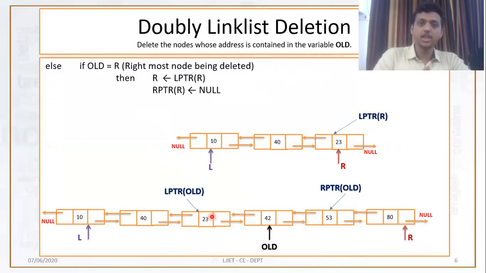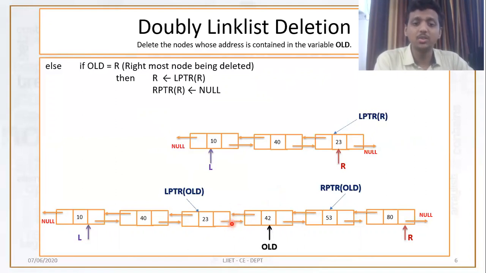Fine. Got it. So what I need to do over here is connect the links of those nodes, LPTR of old node to RPTR, and RPTR to LPTR. I just need to connect both nodes. How? Let's check it out. See, first I need this. If you have seen, this arrow is moving right now. So emphasize over here.